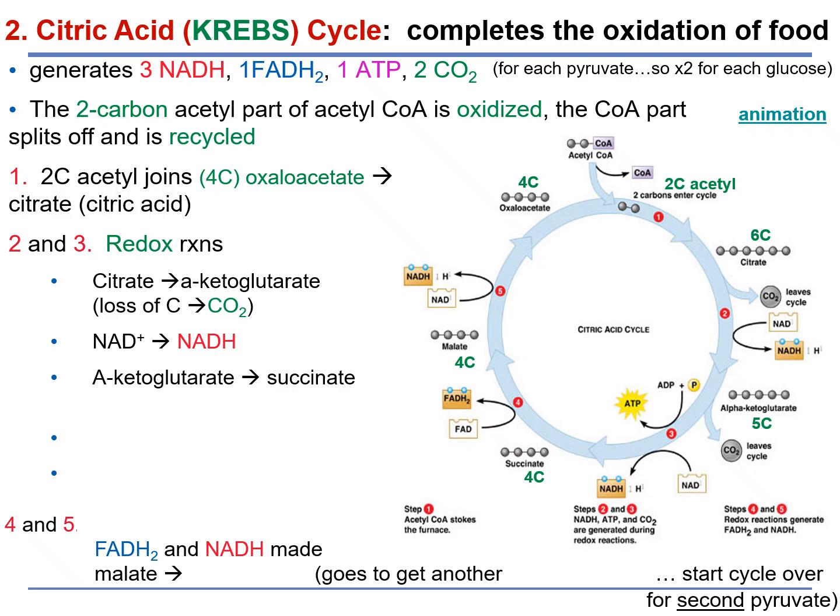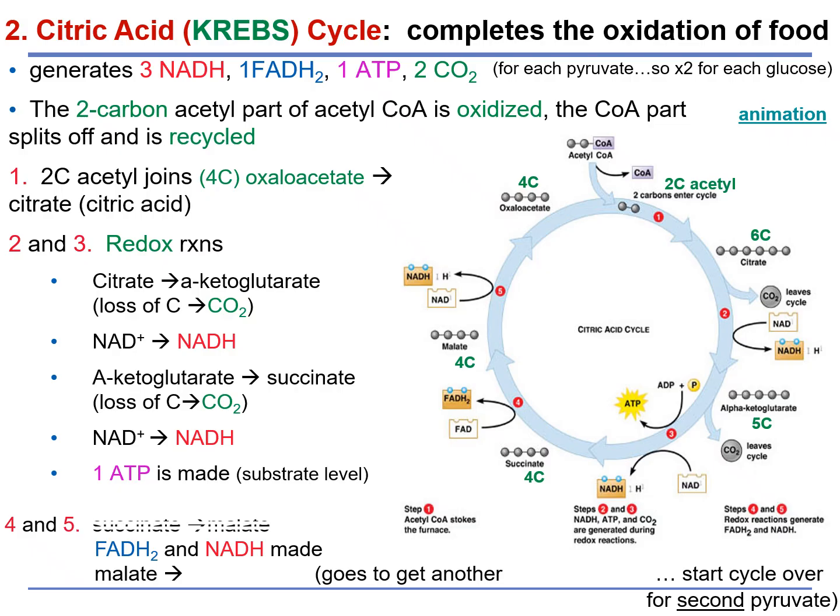The alpha-ketoglutarate becomes succinate, which is because of the loss of carbon. And then again, NAD plus becomes NADH. And then 1 ATP is made using substrate level phosphorylation. After that, FADH and NADH are made. And then malate goes into oxaloacetate and goes to get another 2-carbon acetyl group and starts the cycle over for the